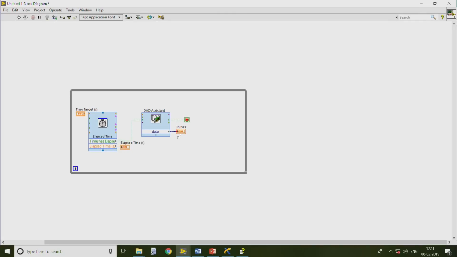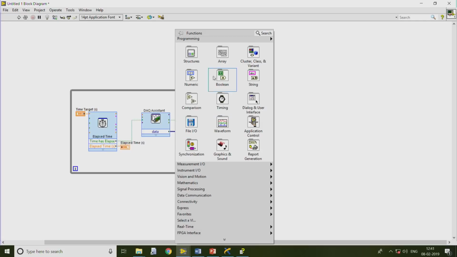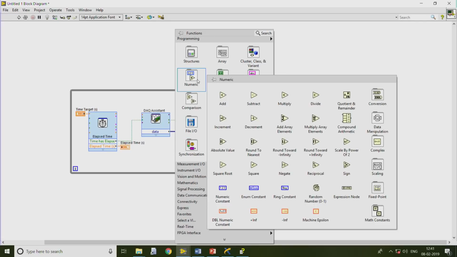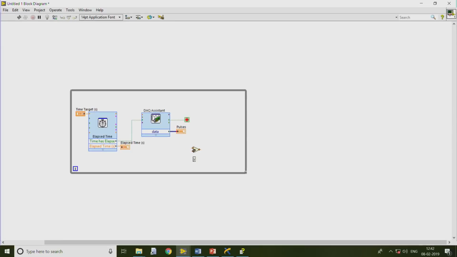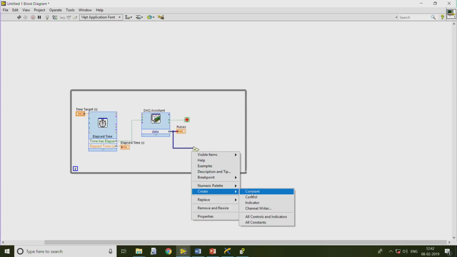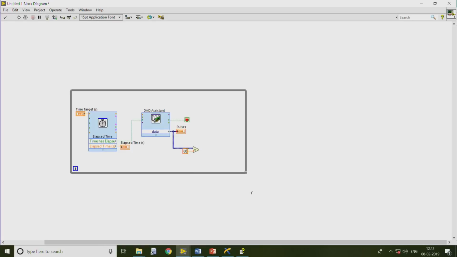So, these are the number of pulses we are getting with respect to this particular time, but RPM gives us how many rotations per minute. So, we have to measure with respect to 60 seconds, but the pulses we are getting are only for this particular elapsed time. So, I will take a multiplier and multiply this with 60. So, 60 indicates seconds.